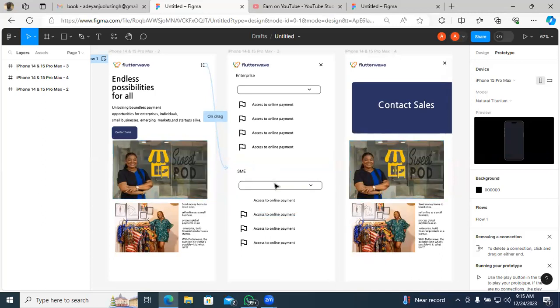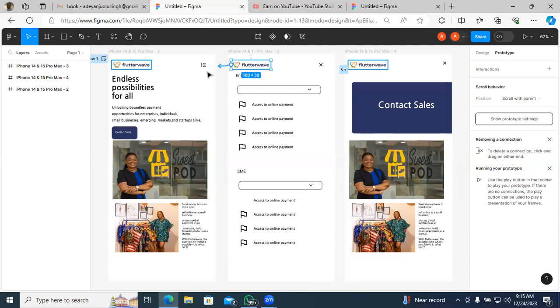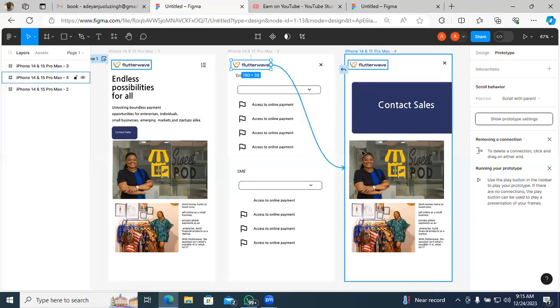I think the problem is we have to draw it from a node. There's a node that appears whenever you go on the design. Is there a node here? Yeah, there's a node there. It's this plus sign that you click and drag to any design you want. When your mouse is on the design, it shows you an indent, which is the node. You understand where the plus sign is? You just click and drag it to where you want it to be.